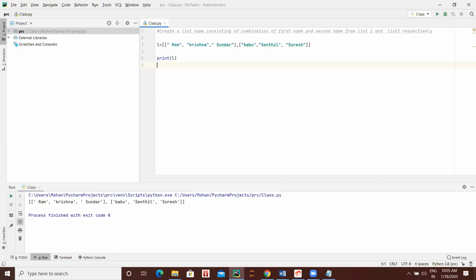L of 0. Print L of 0, L square bracket 0. Run it. So here we'll get only the first one. Now print L of 1.